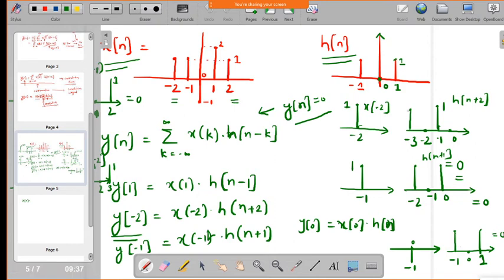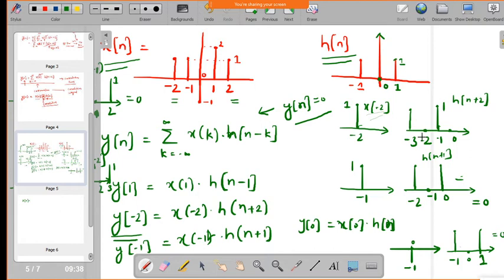Sorry, there is a mistake here, I will try to explain that. Here you need to compute all the impulses with respect to this input. It will not be only the corresponding input. So make sure that here you need to multiply all the things. That means you need to multiply this impulse to each of these, because the response of the system h of n plus 2 is this. The whole h of n plus 2 you have to multiply with x of minus 2. So make sure it is not only the corresponding signal at minus 2, since we need to multiply x of minus 2 to the complete system, that is h of n plus 2.